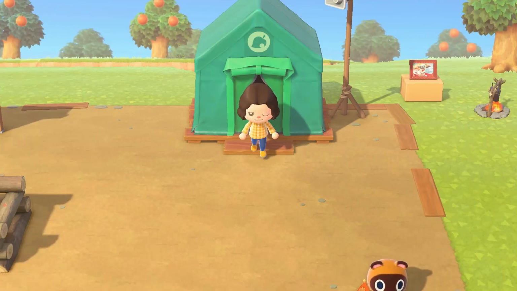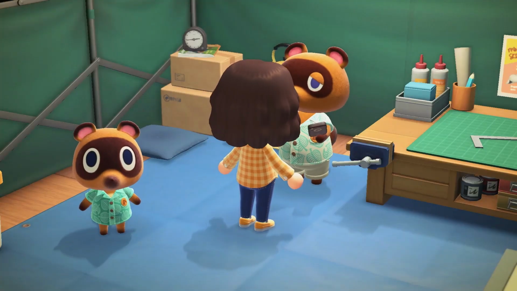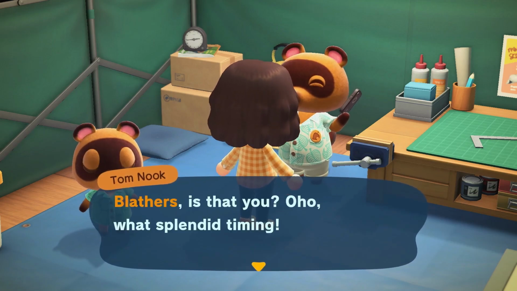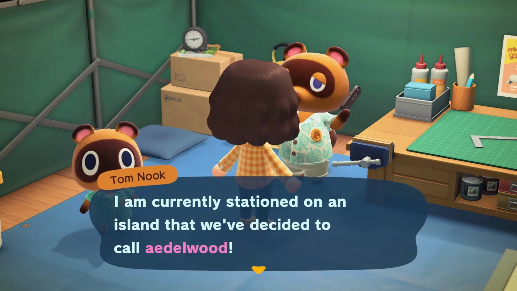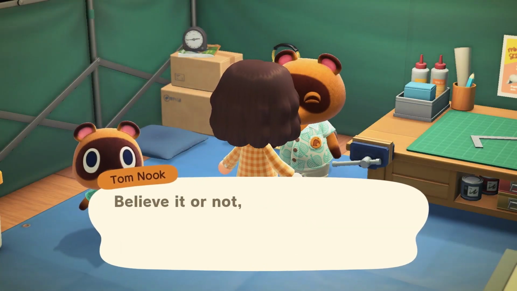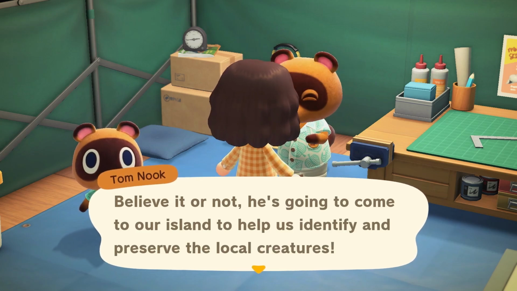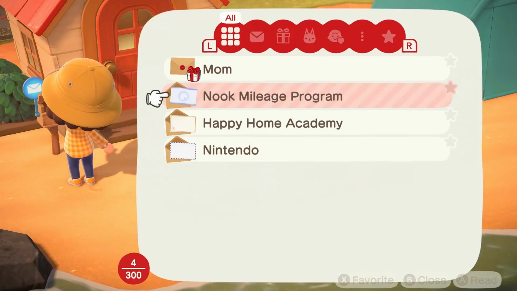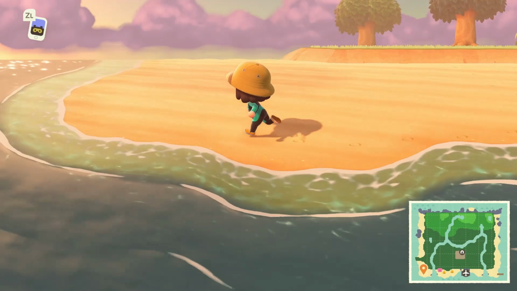All right, next on the list, catch some bugs. And with that, Blathers has an inbound flight directly to the Edelwood Airport. Oh, but I can't place his tent yet, for reasons. Alright, but now that he's on his way, that's basically all we can do for this in-game day, so time to go ahead and skip forward to tomorrow, where we will collect our wetsuit, equip our wetsuit,